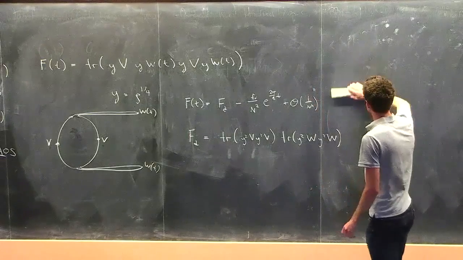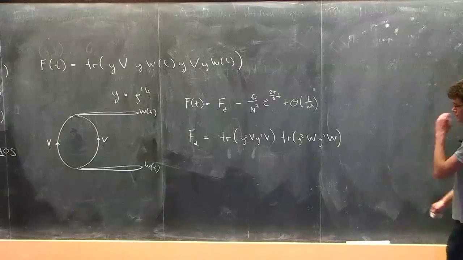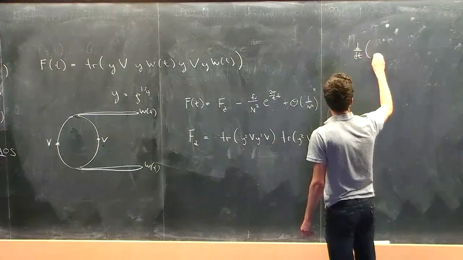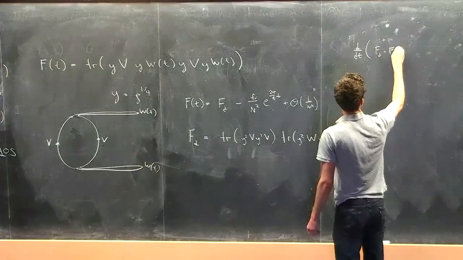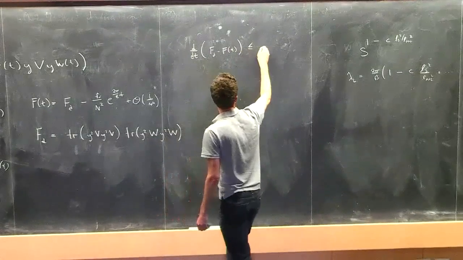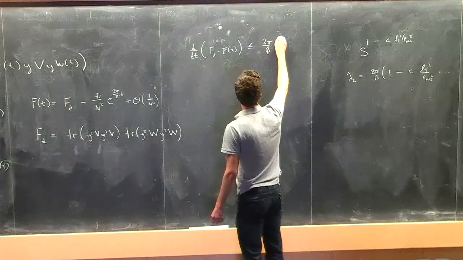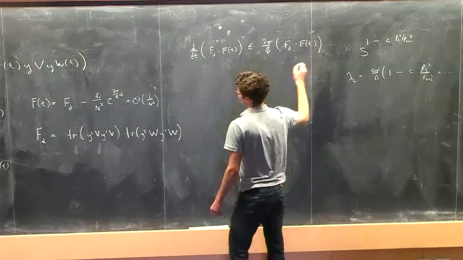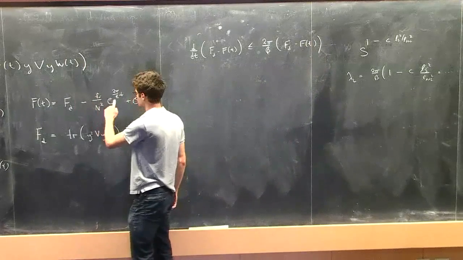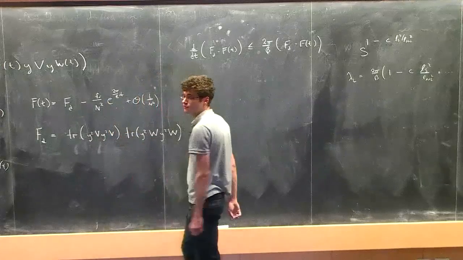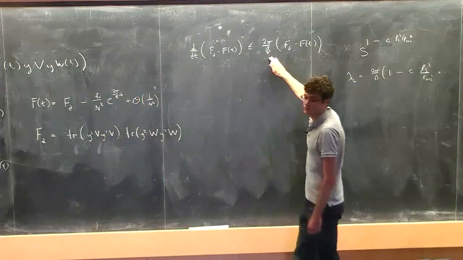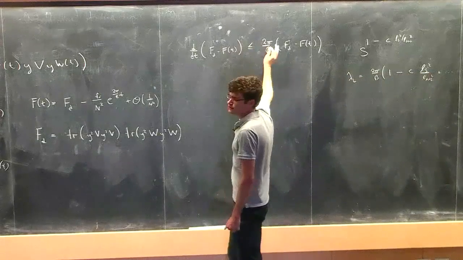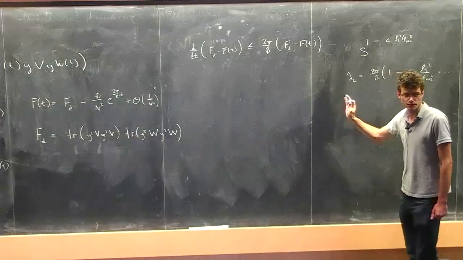Our conjecture, a sharp version of this conjecture about the Lyapunov exponent, is the following: that the time derivative of F_d minus F of t should be less than or equal to 2 pi over beta times the same difference. So if we plug in this form here with a general lambda instead of the 2 pi over beta, we would find the constraint that lambda should be less than or equal to 2 pi over beta. So this is the sharp mathematical conjecture that we'll now provide a mathematical argument for.